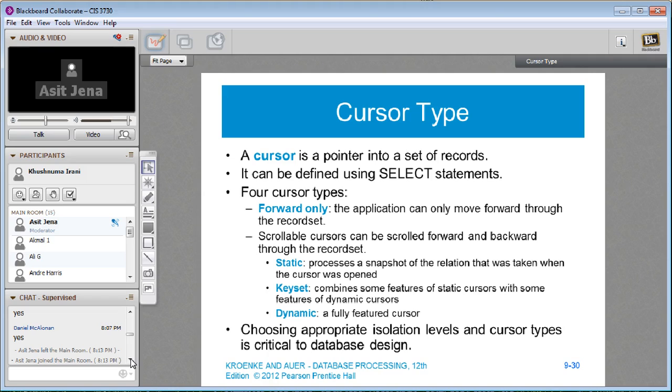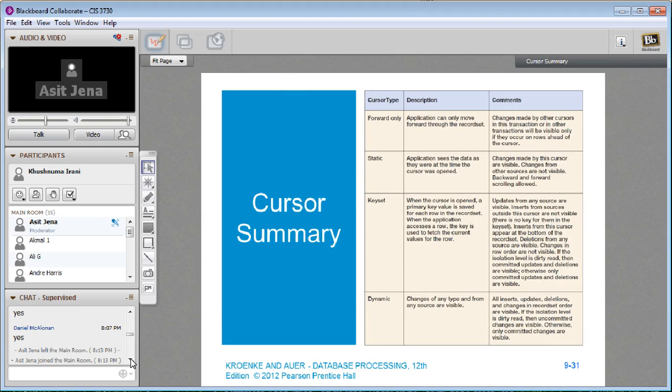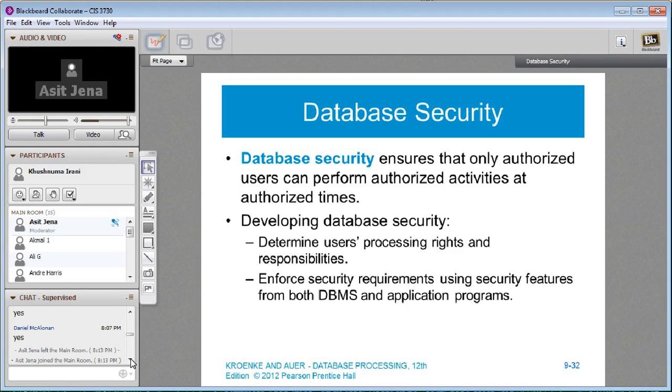There are 4 types of cursors. Forward only: the application can only move forward through the record set. Scrollable cursor: can be scrolled forward and backward through the record set. Static. As long as you understand that there is a cursor and you move through the cursor to get to different records, you are in good shape. I'm not going to get into details of the cursor because the cursor is only valid when you are talking about a programming language. It's not really something that you can do with SQL on a GUI front end or